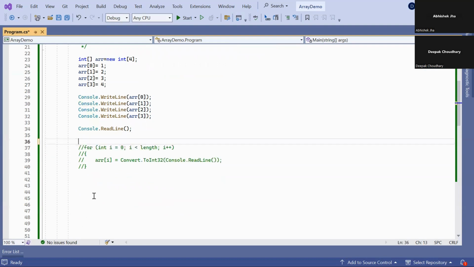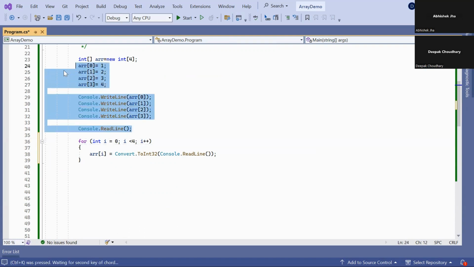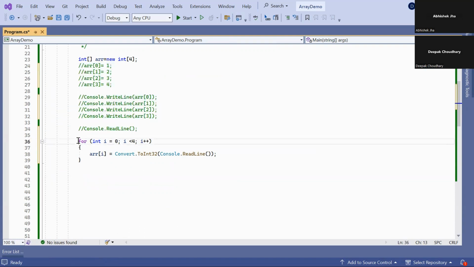So here the loop plays a very important role. So as you can see, that is the size, that means 4. Instead of doing this, this is a way to assign the value and another way to display the value.